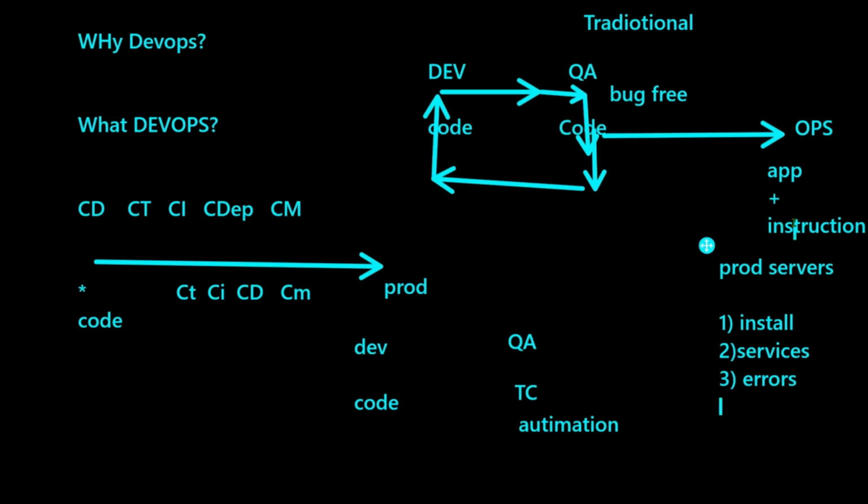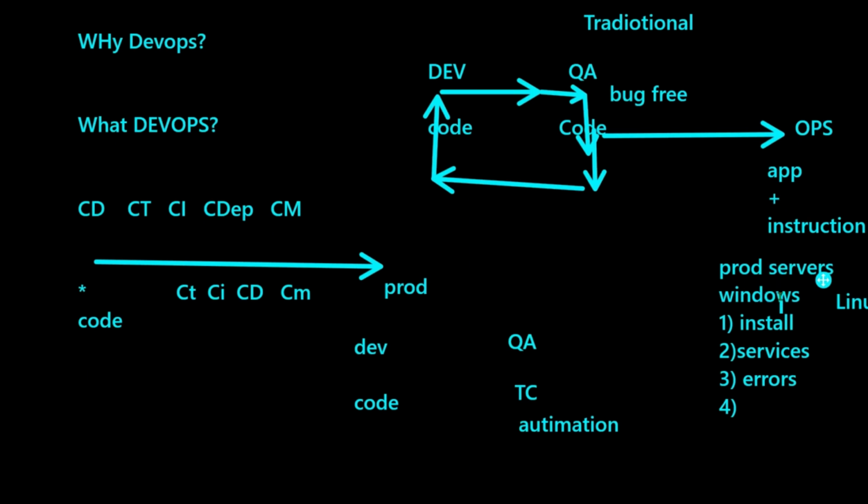Right? So that's why the dev team will also provide the instruction document. By following the instruction document, they should install the packages and services. If any errors come up, they should fix them during the installation. And sometimes the installation steps differ from OS to OS, right? Maybe your production server is Windows. Here the Java installation steps may be different. Let's say they also have a production server on Linux. So steps vary from environment to environment, and the instruction document may not be properly understood by the ops team. Sometimes those instructions may not work properly. Am I correct? So these are all the challenges which ops teams face to deploy the application to production servers.